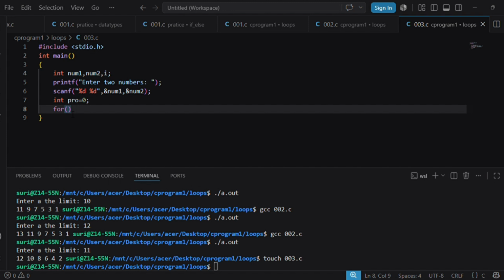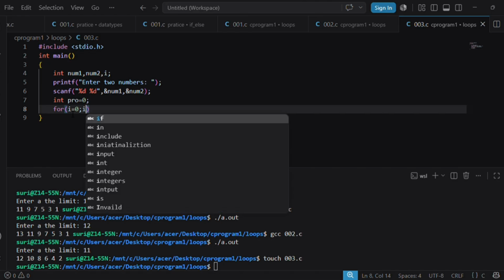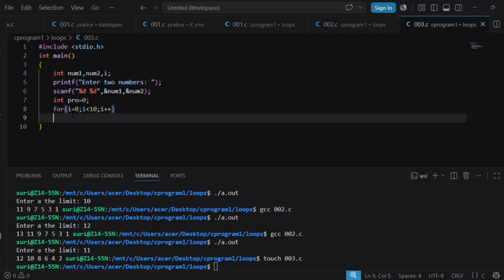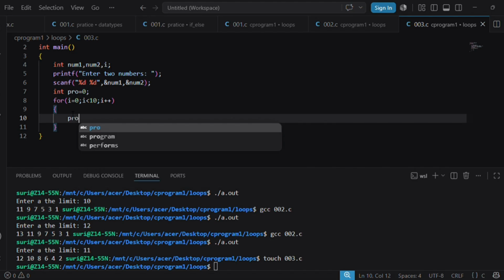So i is equal to 0, up to less than 10, i plus plus, open curly brace, pro is equal to pro plus 2.